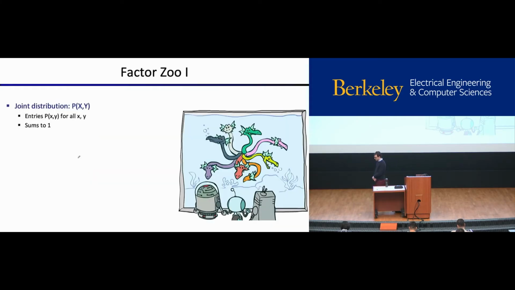Right, so the first thing in this factor zoo, remember a factor is the name for one of these probability tables. Once we multiply a couple of things together, we're going to call that a factor. One thing that we might find is a factor that has two capital letters in it. So P of x comma y, where x and y are capital letters. And so what we said before is that whenever these letters are capitalized, it means I want to think about all the different values that x can take on and all the different values that y can take on. So this is a joint distribution. It's the same type of joint distribution that we know and love. We're just going to call it a type of factor now.